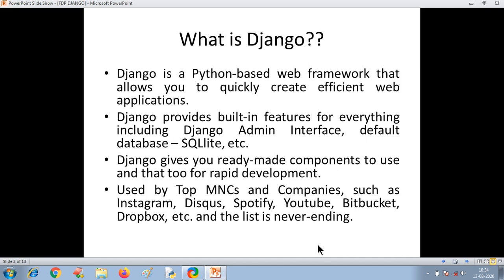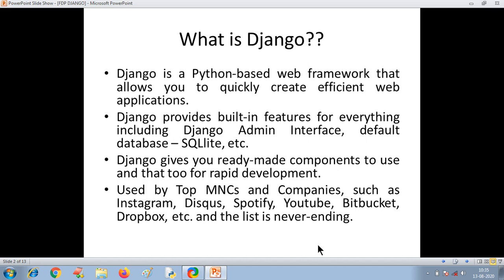It has so many built-in features, like admin interface. That is, it provides you one user interface automatically. No need to create HTML, CSS, all these files. Some predefined built-in user interfaces are available in this framework, and one inbuilt database is also provided here, that is SQLite.